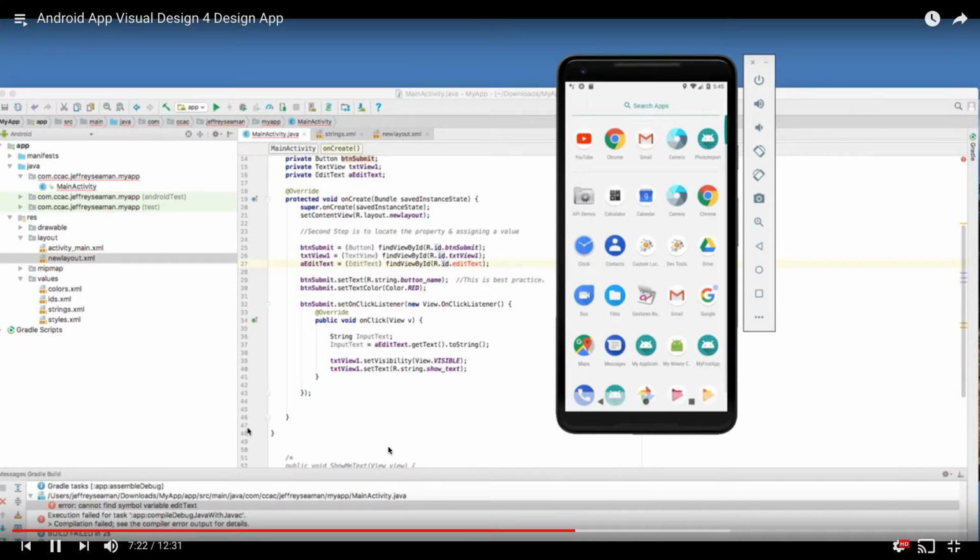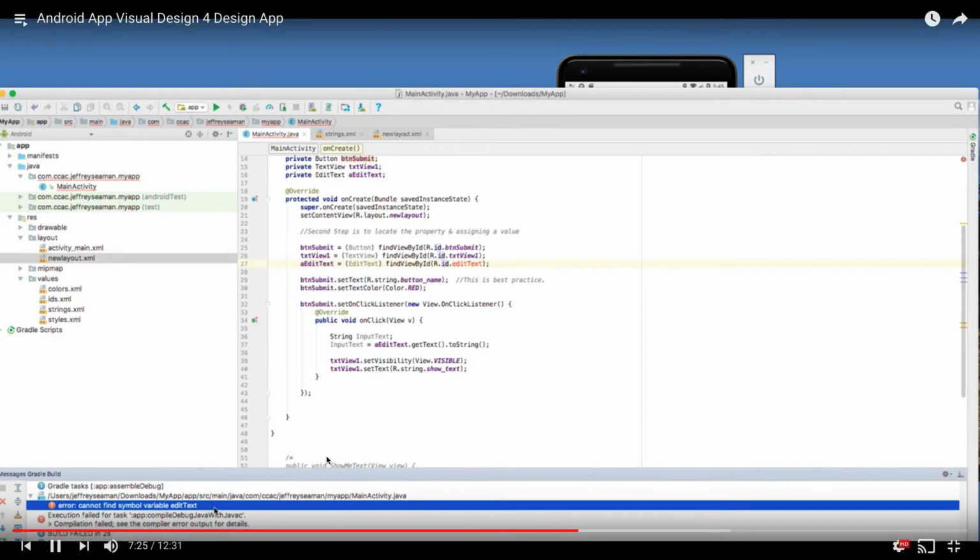then convert it. Because, all right, we have an error message: cannot find symbol variable edit text. So that just means that I messed up somewhere. What does that mean? Give you guys a few seconds. What do you think that means? It means that